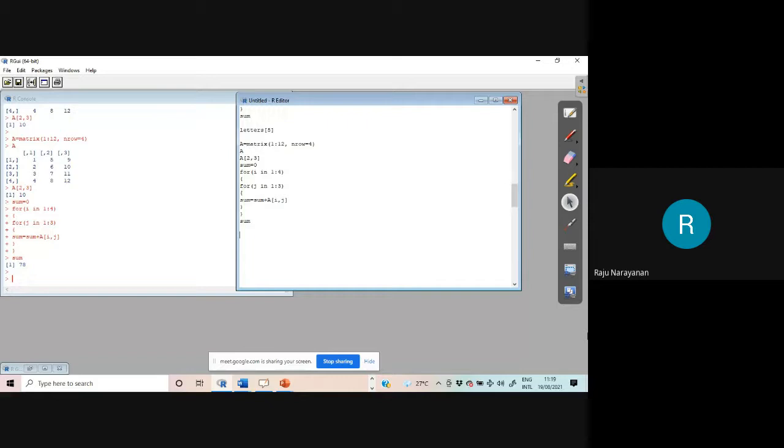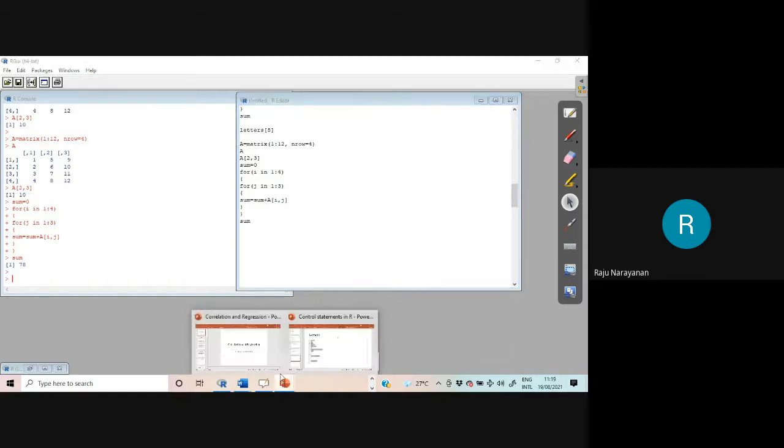Therefore we don't know when that will be achieved, so you can use break statements, etc. So many things are there.